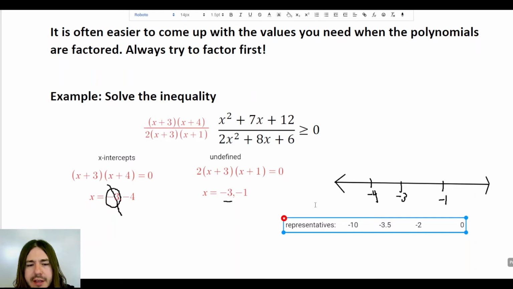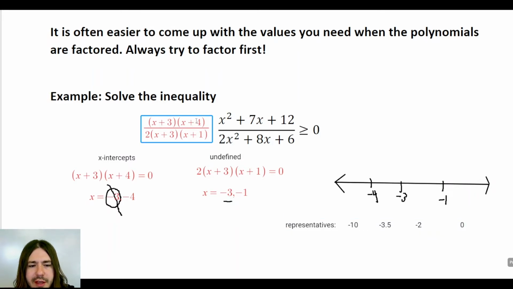So if I plug in negative 10 here, I'm going to get a negative times a negative, so my numerator will be positive. And then in the denominator, I'll get a negative times a negative, so my denominator will be positive. So I've got a positive divided by a positive, so this interval will be positive. Okay? Between negative 4 and negative 3, I'm going to have a